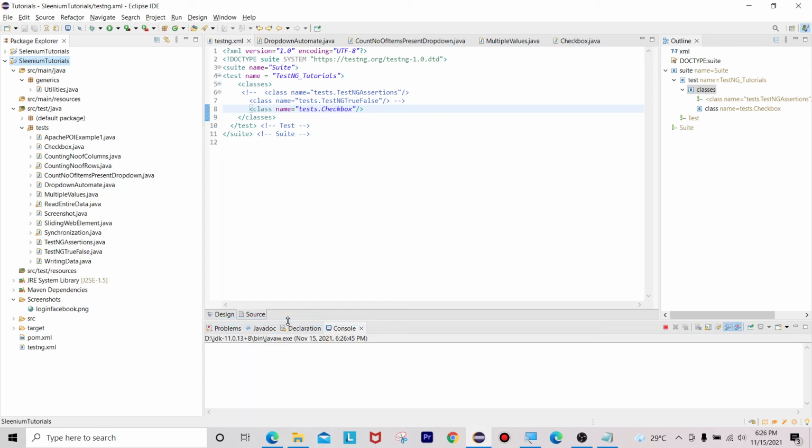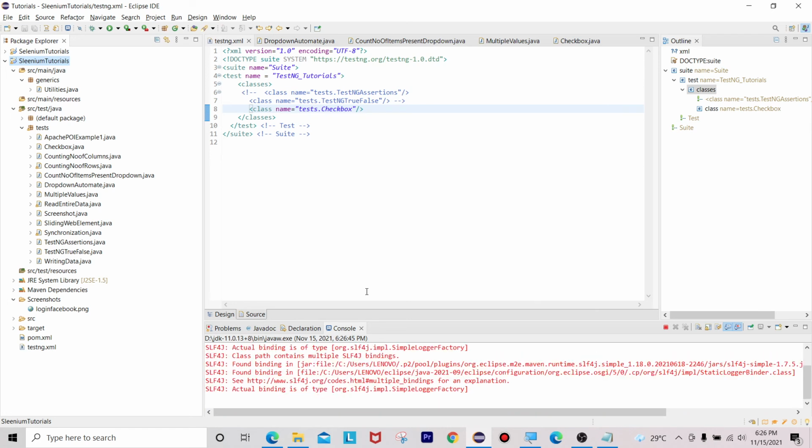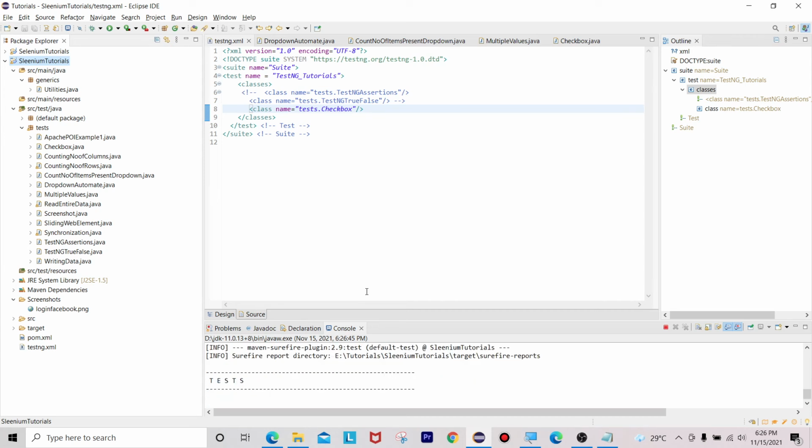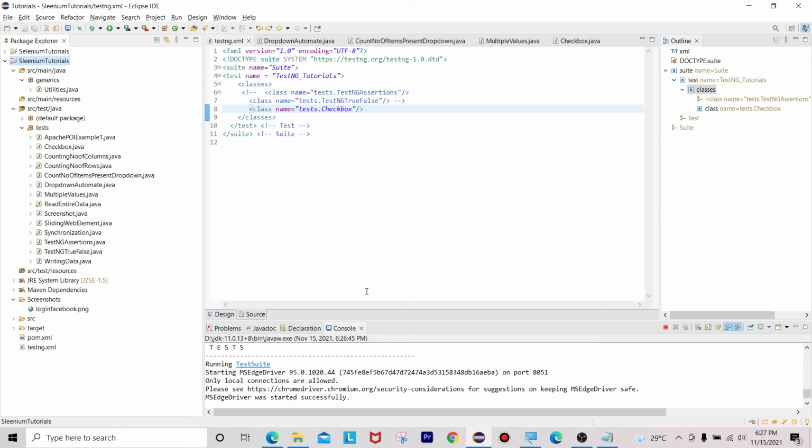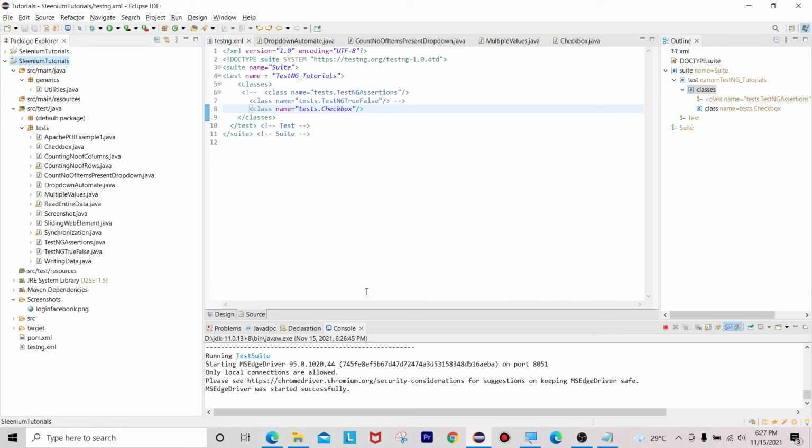This is similar to a checkbox web element. For radio button also input is the tag name, and we can perform a click operation to enable that radio button.